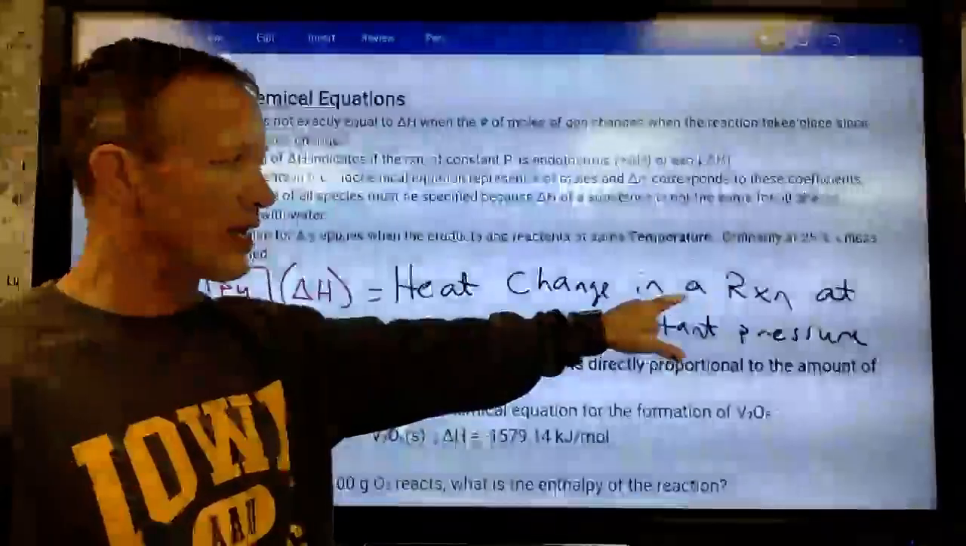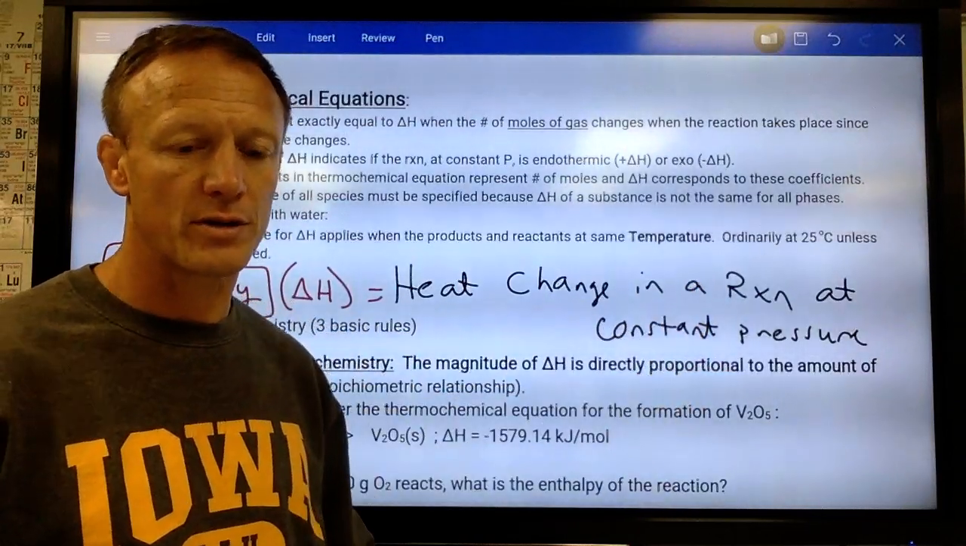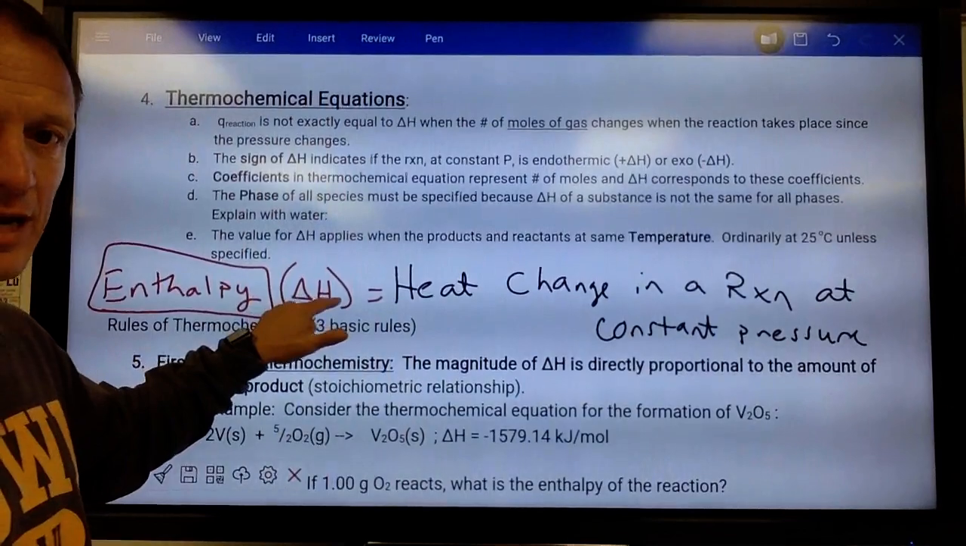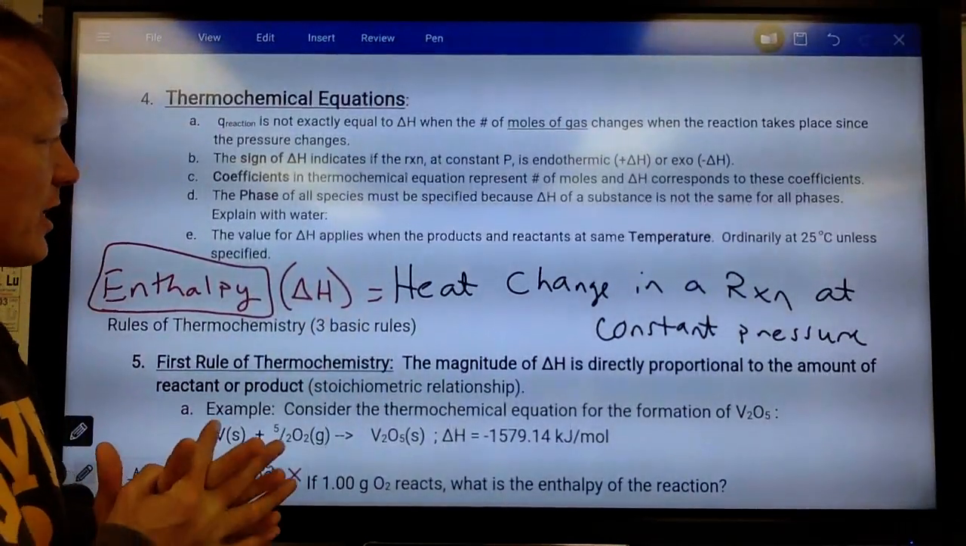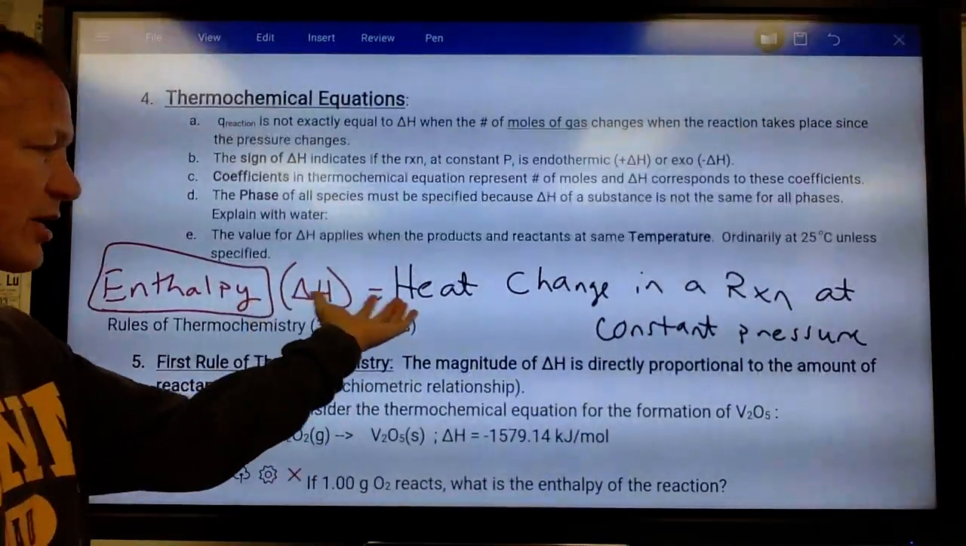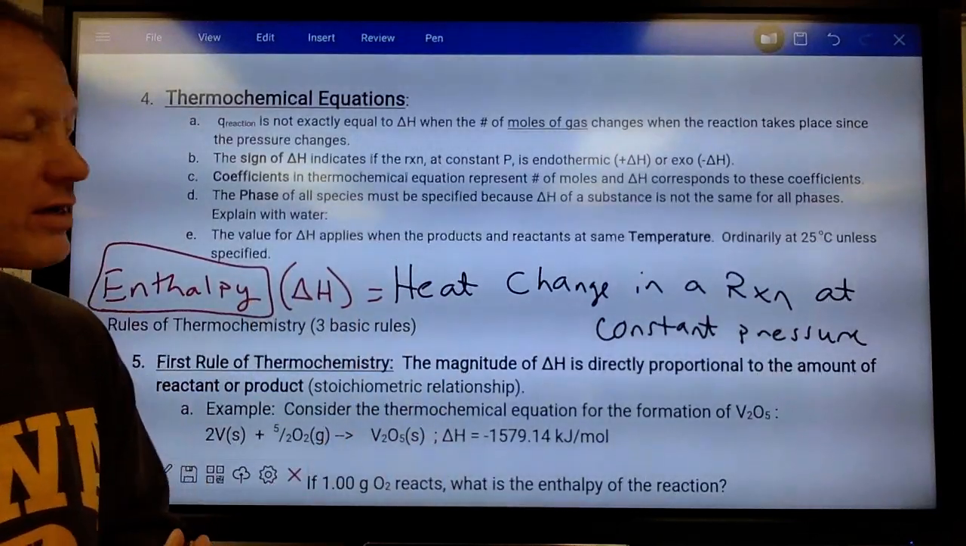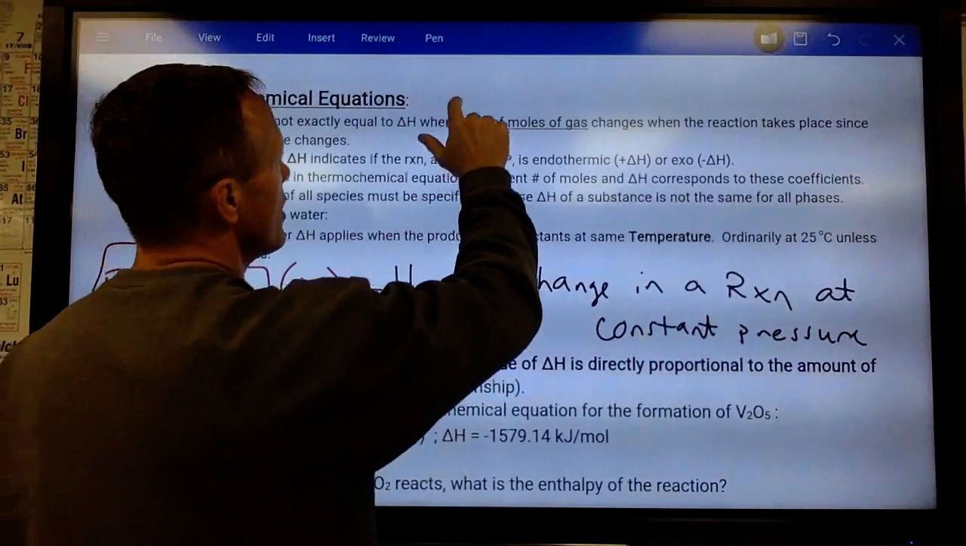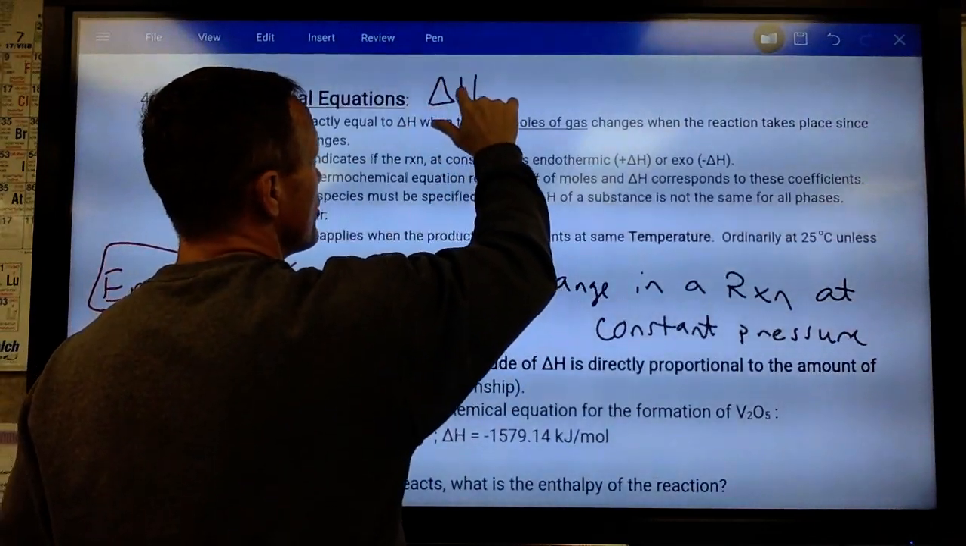It's just the heat change in a chemical reaction that's at constant pressure. The constant pressure part's not that important, but enthalpy, again, delta H, is the heat change in a reaction. So the H kind of stands for heat. It's really not what it is, but enthalpy change is that. If you want to know the delta H, or the heat change in a reaction, we take